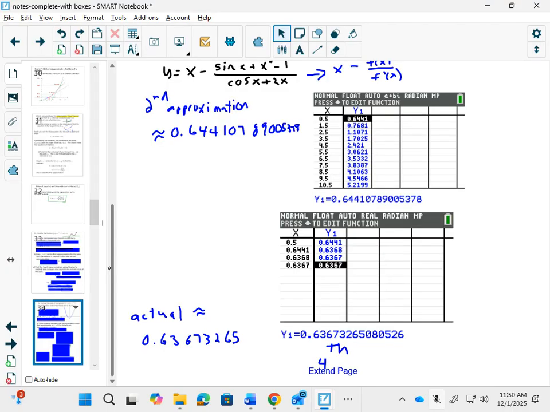You would have got, as your fourth approximation, 0.063673265. And the actual one is exactly the same as the fourth one to like 8 decimal places already. That's phenomenal how close that value is. But again, if you are actually finding it, you have a graphing calculator, you would never use this approximation. But know that your calculator might be doing this,